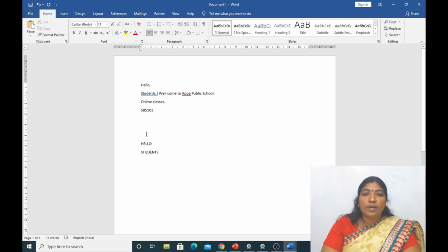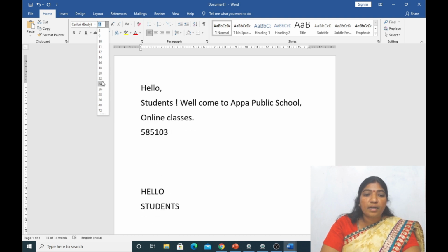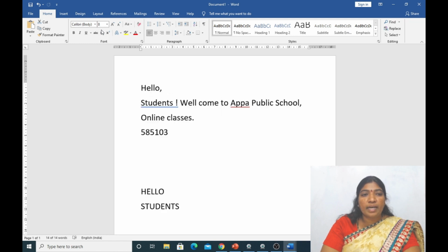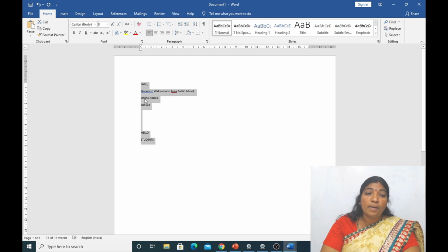Okay. If I want this font size bigger, what will I do? Just go here to the ribbon, that is the standard toolbar. Just go with the increasing number. I have made it 24. Before it was 11. This is all about increasing and decreasing a font size. Again I will make it the minimum, 8. The minimum is 8 and the maximum is 72.